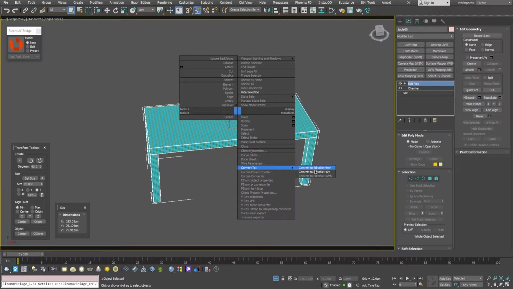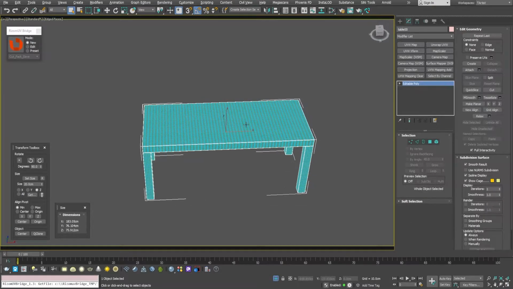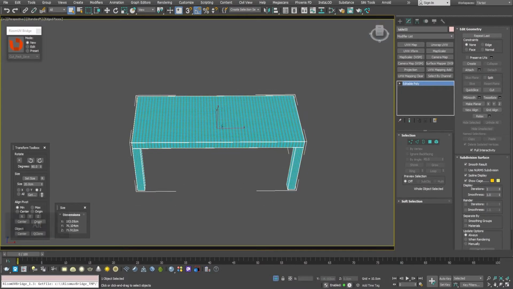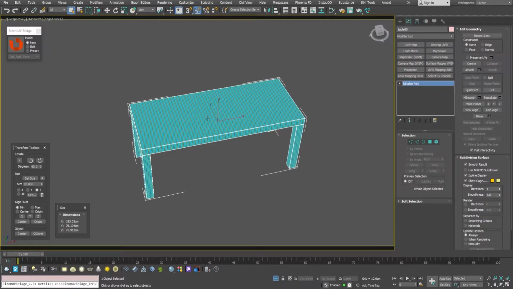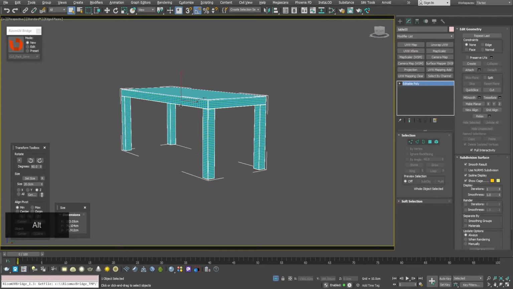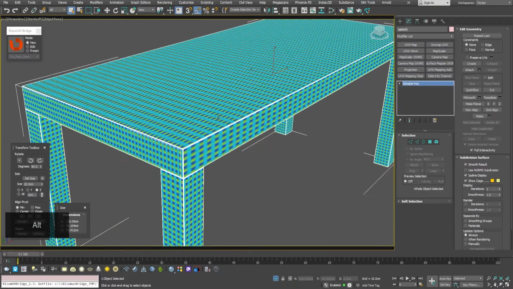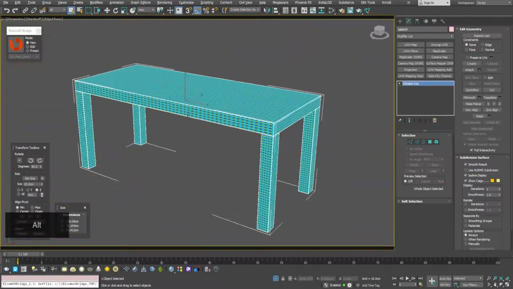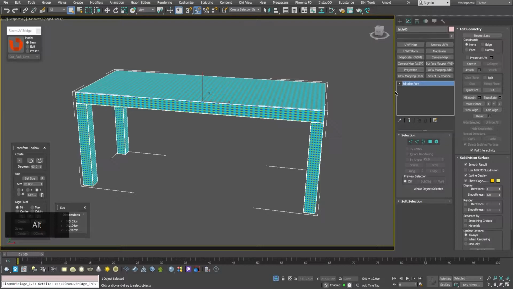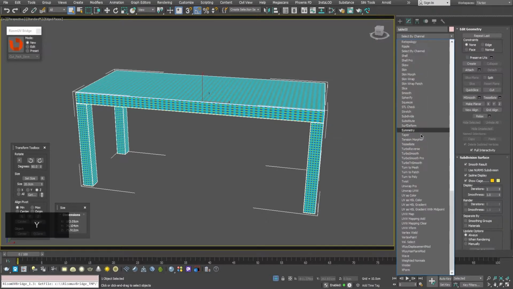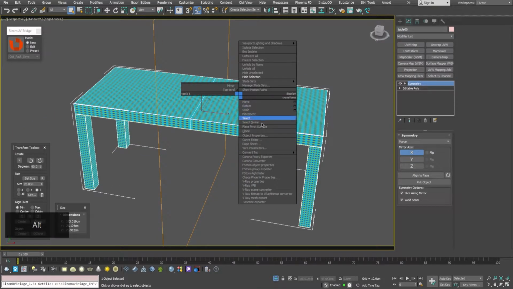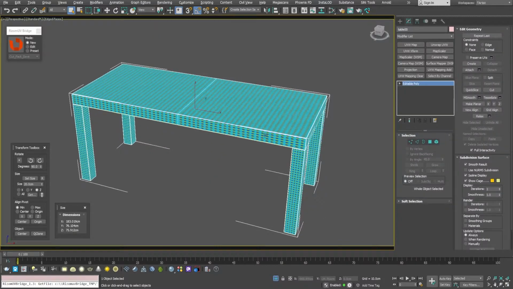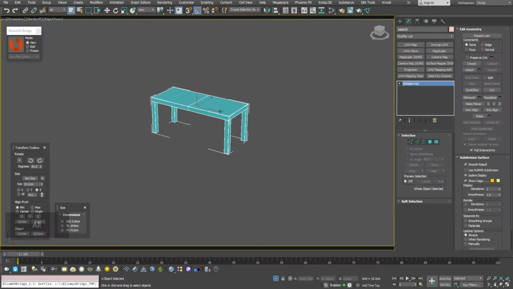First, I'm going to convert this to editable poly. We can put up a symmetry modifier and do the unwrapping as well. We could try this, but it's not that much of a bigger object. Yeah, what the heck? Just do it. Put up a symmetry modifier and convert this to editable poly, and